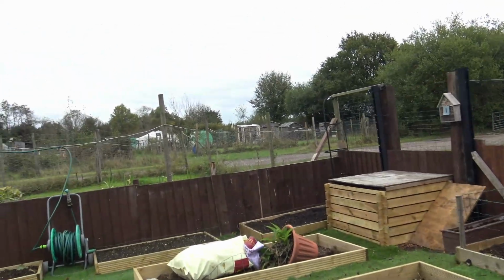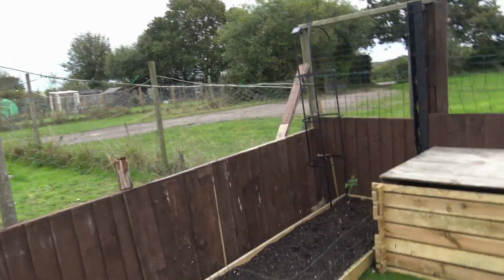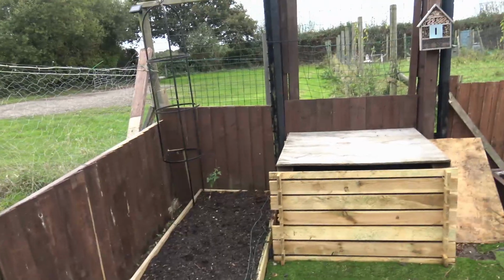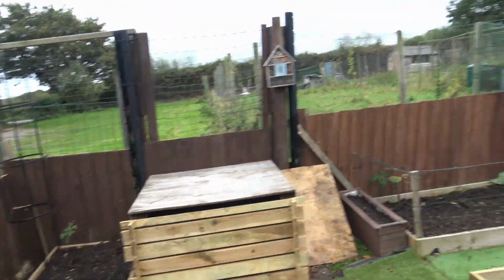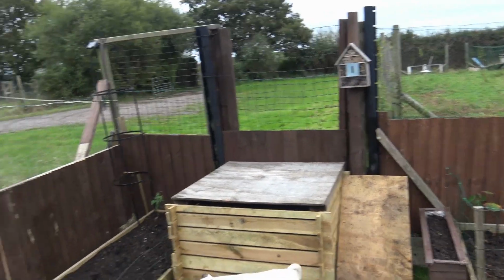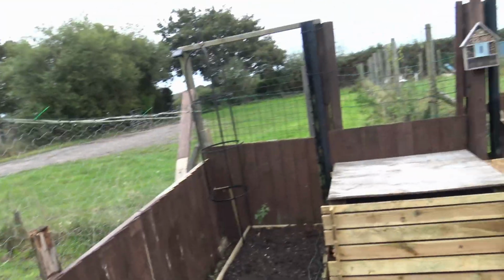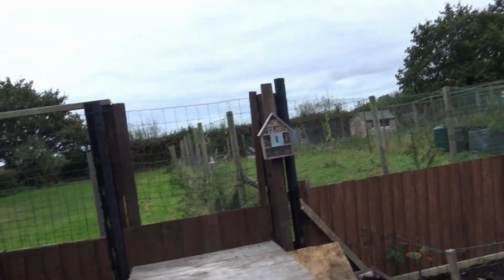Yeah, Scruff has been jumping over on here, so that fence, and we're going to have to try and go another one over. Just trying to make it all dog friendly. But he only does that to actually get in that corner for some reason. But now I've done that,